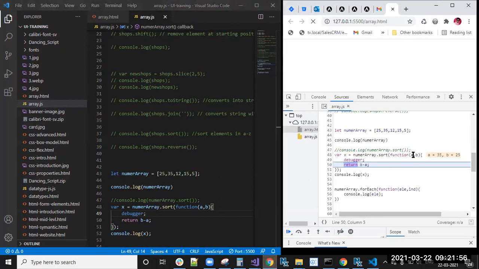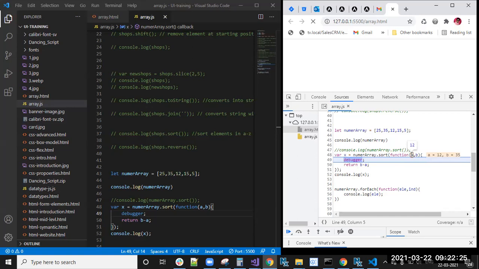So now you can see here 35 and 25. A is 35, B is 25. You got two elements, right? First time, two elements, you got B minus A: 25 minus 35. It is negative. Then what will it do?